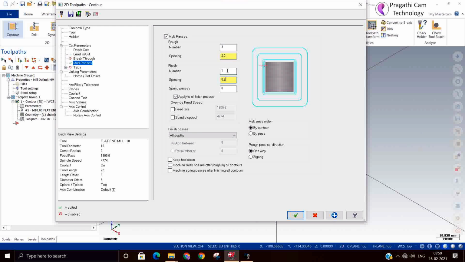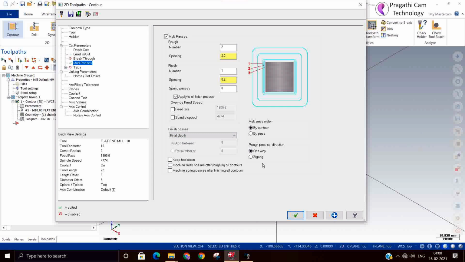It will consider a uniform load by doing so. In total it will cut the entire material in 4 passes: 3 rough passes and 1 finish pass. We can say the finish pass is at the final depth, not all passes, so we keep it at the final depth. Okay.